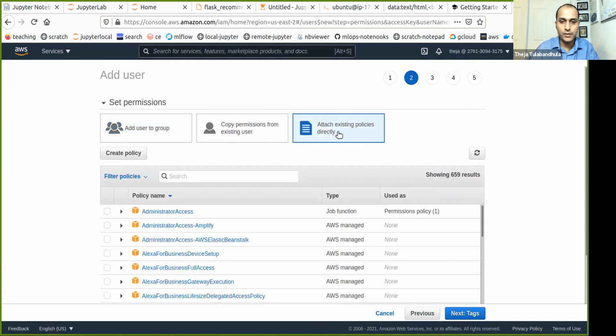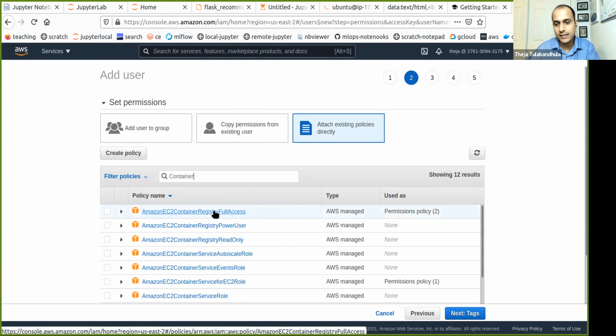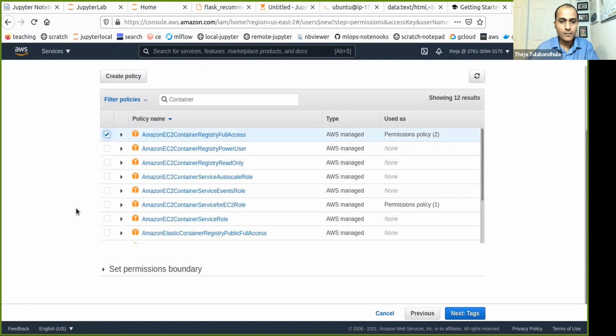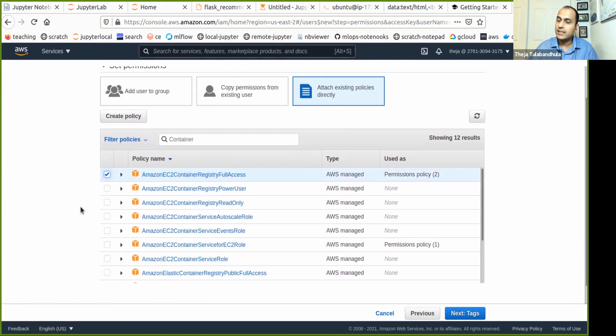Okay, so we will attach a particular policy related to ECR. So maybe let's search for container. Yeah, EC2 container registry full access. Okay, so let's actually enable this. I am not sure if we need S3 access.